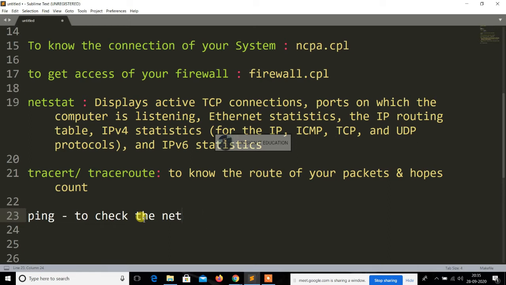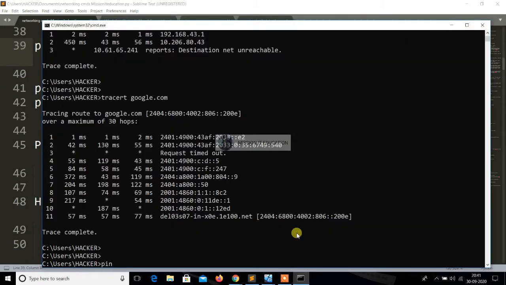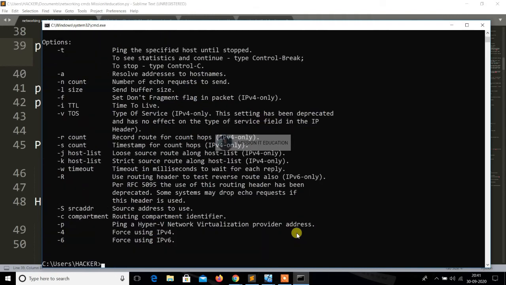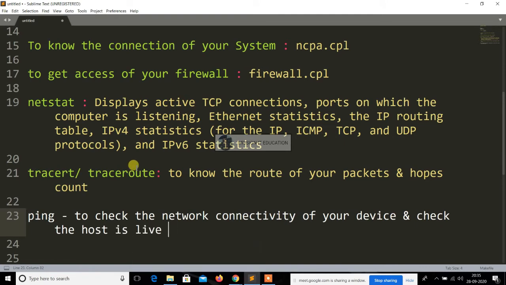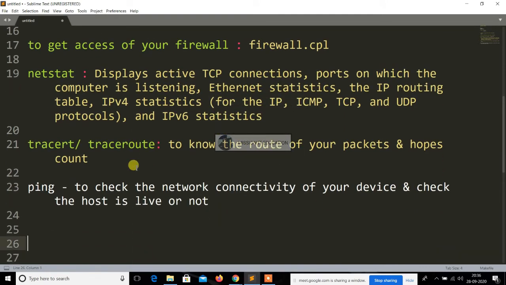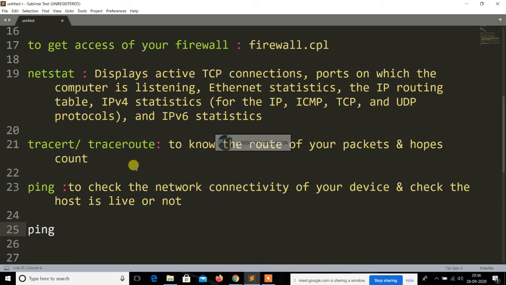This command is also very helpful because with it you can do a little bit of a DOS attack. DOS means denial of service attack, and this command has many options, like -l, -t, -v. You can use these options in the particular command. How can you do a DOS attack? By sending multiple requests to a particular server or website, the website goes down with the help of this attack. It is the DOS attack, also called ping of death, POD. That is called the ping of death command also. So let's see how it works.